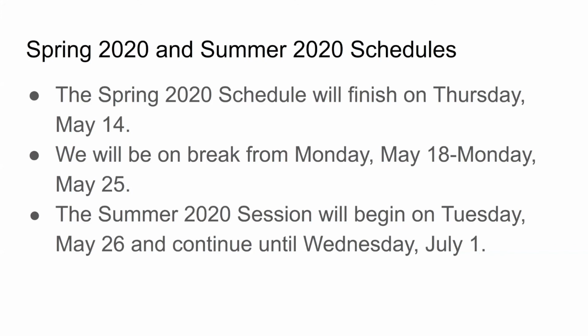Now, we did get an email from the college yesterday. They are going to have classes back at the campus in August, but we don't know what they're going to look like. We don't know if some of the classes are going to be online and some of the classes are in person. So right now we don't know anything specific for August, but that is part of the plan for the college. So we'll tell you more when we get more information, but still this is our schedule.